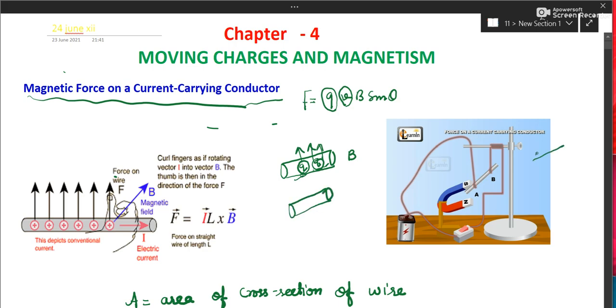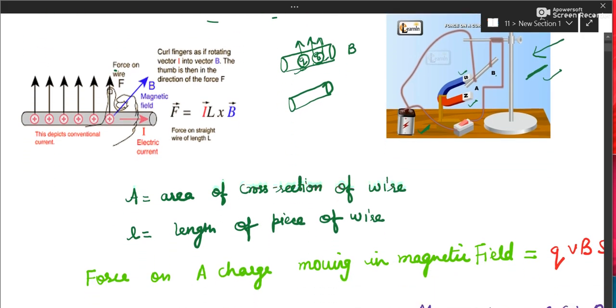For example, this is the setup. It was there in class 10th as well. Okay, so this is the conductor. You can see this AB rod. It has been connected to a battery, so it becomes a current carrying conductor. This rod AB is a current carrying conductor. It has been placed in a magnetic field. So as soon as you complete the circuit, it deflects. It shows deflection. It means some force is being experienced by it, and we have to find an expression for that force on a current carrying conductor kept in a magnetic field. So let us see.